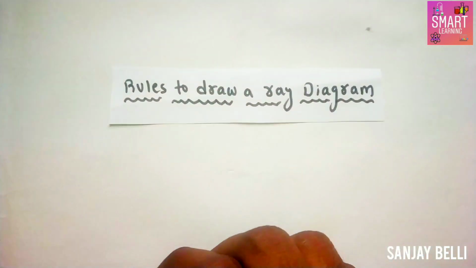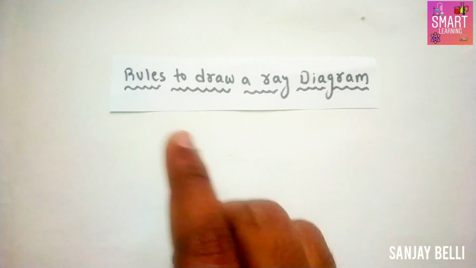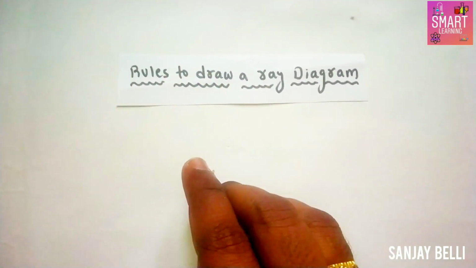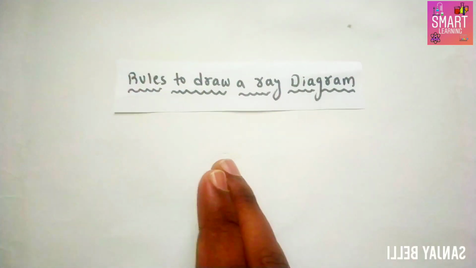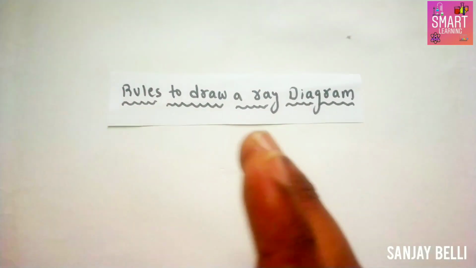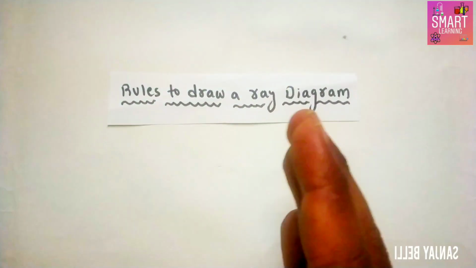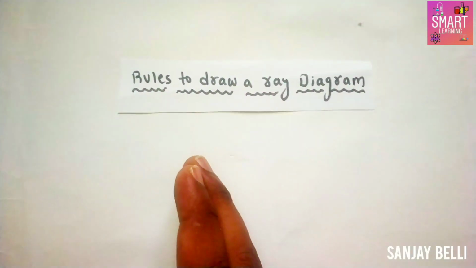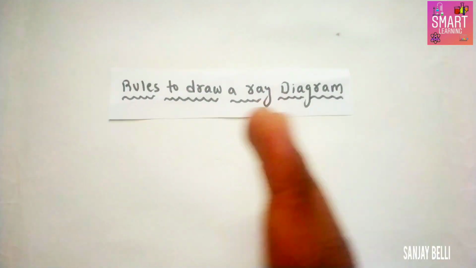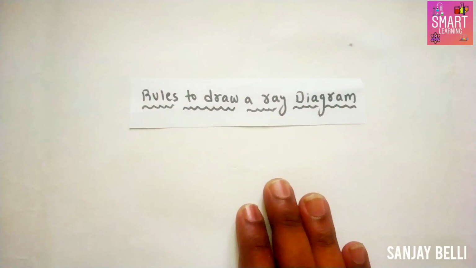The only difference between the mirror and lens: in a mirror, if you pass a light ray, the ray will be reflected back. But in case of a lens, if you pass a light ray, the ray will emerge out. That means you can observe refraction. That is the only difference between the mirror and lens. In mirror, reflection. In lens, refraction. The same rules and the same formation of image you can observe in case of a lens.